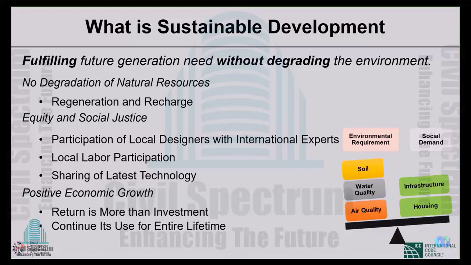Now here I want to say the picture on the right is about balancing societal demands and natural resource quality and service. We are receiving this service from the natural system, from the soil, water, and air, to build and live better. So these two things need to be balanced in order to reach the sustainable goal. That is important: sustaining our infrastructure when we are designing, constructing and using an infrastructure. Here we are talking about houses, buildings.